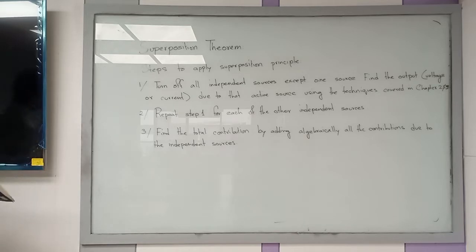So for the source which you have already calculated, now you have to turn off that source and make another source live and calculate the same current or voltage again. Okay? Then you have to find the total algebraic sum to get the total contribution. Chapter 2 and 3. So this is the step you need to follow to solve the superposition theorem. আচ্ছা, তোমরা একটা পেজে অ্যাটেন্ডেন্সটাও দিয়ে দিও।